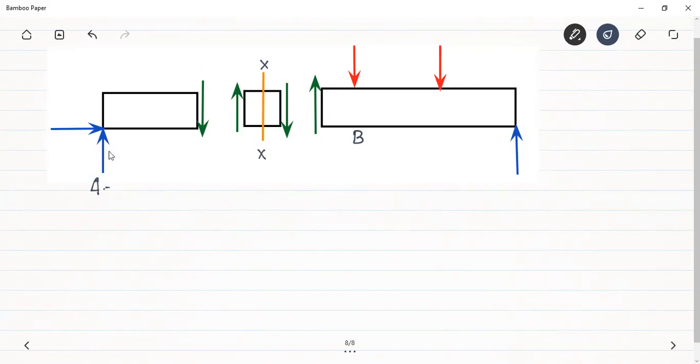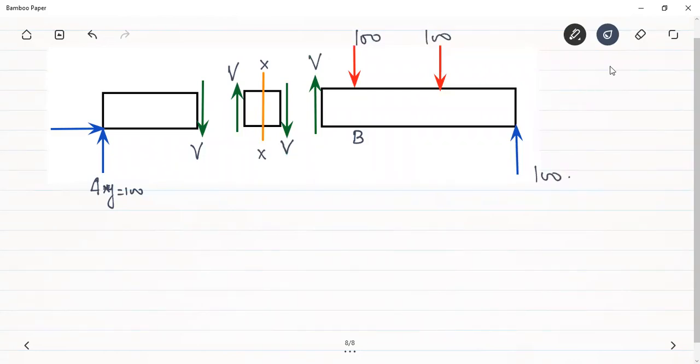If we consider the left hand side of this element, you can see that this is AY, which is equal to 100. To keep this left hand side in equilibrium, there will be a shear force in this direction. Now, this portion is in contact with this. Therefore, the shear force should be upwards. To keep this element in equilibrium, what should be the shear force here? Downwards. And now this portion of the element is in contact with this portion of the beam. Therefore, the shear force should be upwards. This is 100. This is 100. This is the reaction.